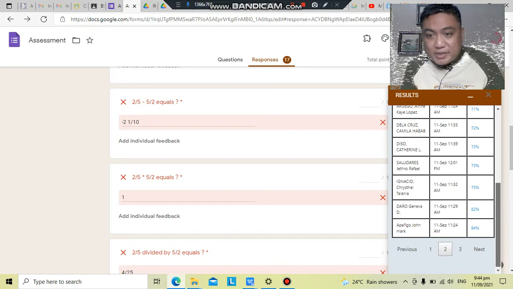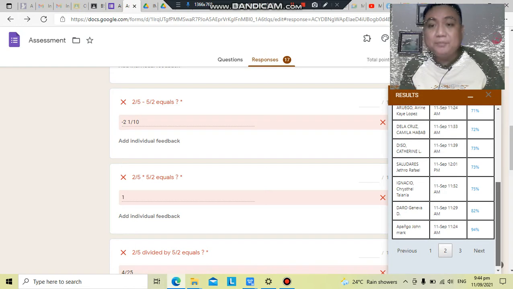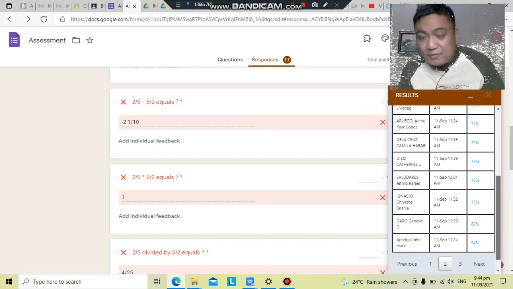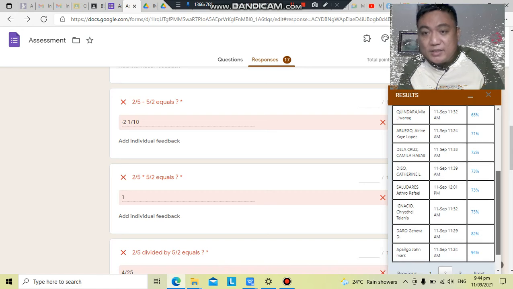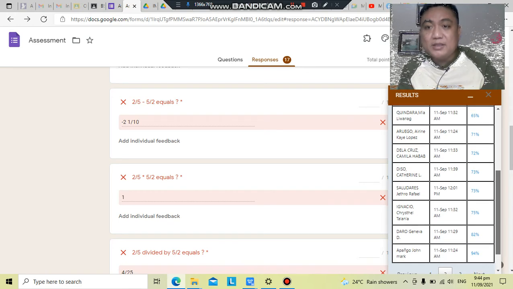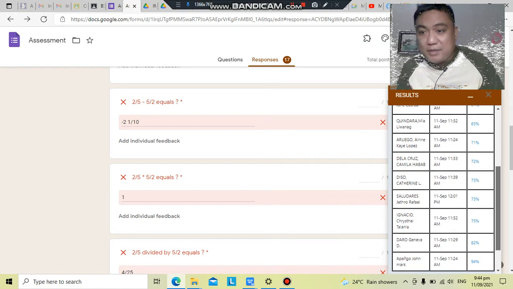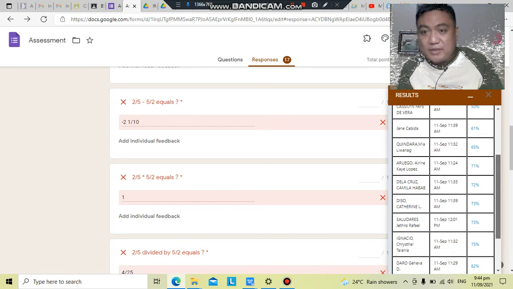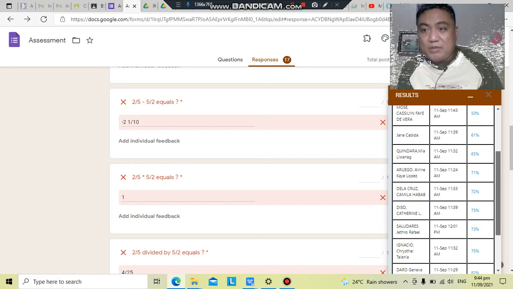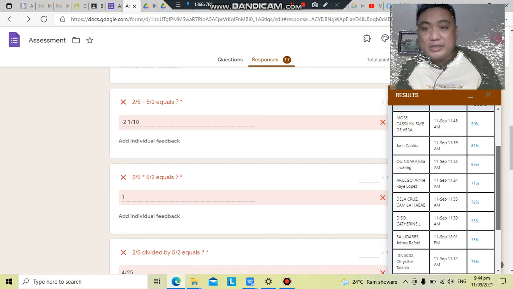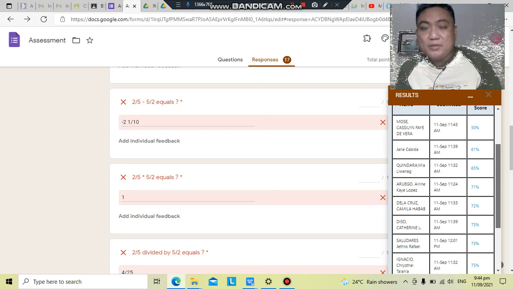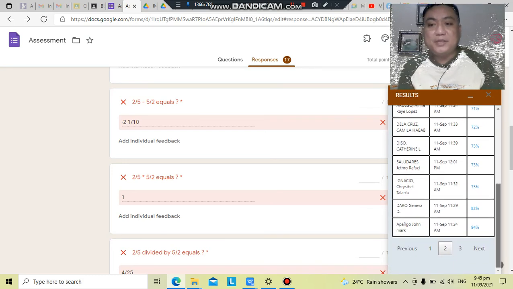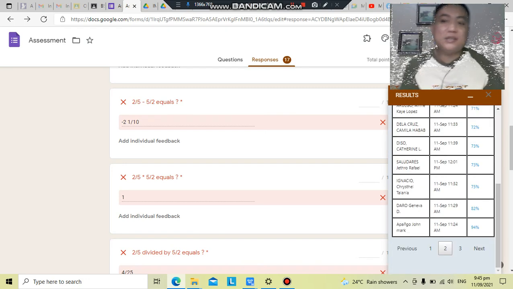Apaniego 94%, Daro 82%, Ignacio 75%, Saludares 73%, Bisu Catherine 73%, De La Cruz Camila Habab 72%, Arwigo Irene Kay Lopez 71%, Kindara Mia Liwanag 65%, Jane Cabida 61%, Mos Casilen Faye De Vera 50%. So those are some of the students